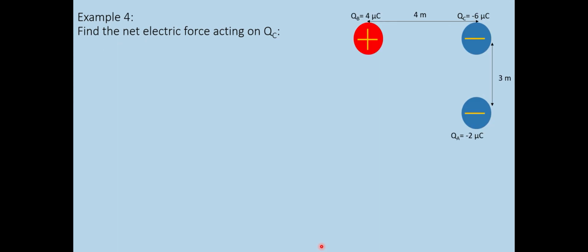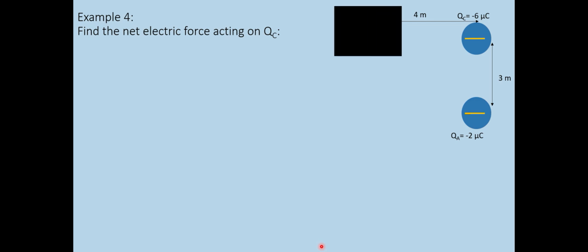A fourth example where we have three charges, B, C, and A, and find the net electrostatic force at QC. First we cover this one, then we find FAC, which is